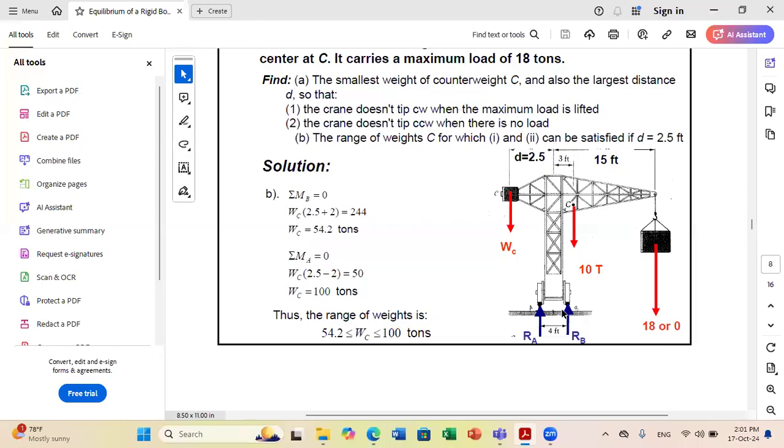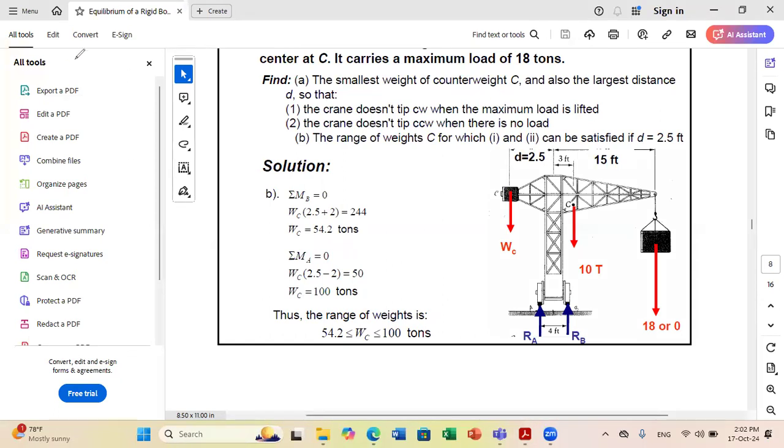Okay, so we were solving the following example, and we said that whenever we do the design in such case, we need to consider two extreme conditions in order to do the design. For example, here they are asking us to find the range of weights that can be used for counterweight C if D is fixed as 2.5. Okay, so now we are fixing this distance,